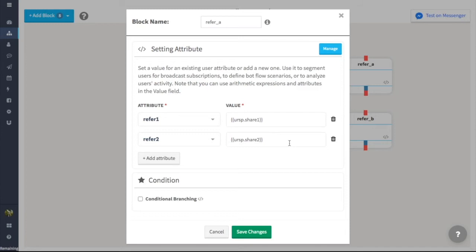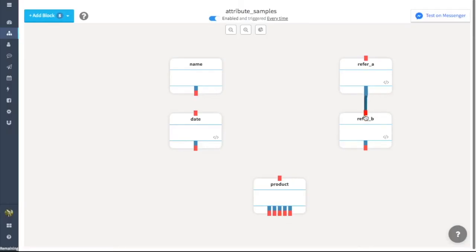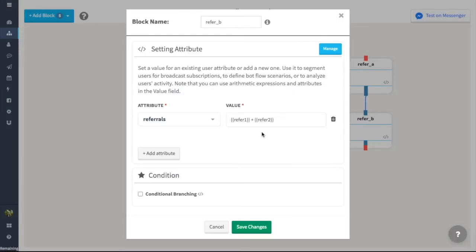The number set by the user will then be saved in the form of attributes you create. So save the value as usual. Then to get the total, use the numerical attributes the bot acquired in user attribute, and either the add, subtract, multiply, or divide symbol respectively. In short, this will show the total of both values written here.